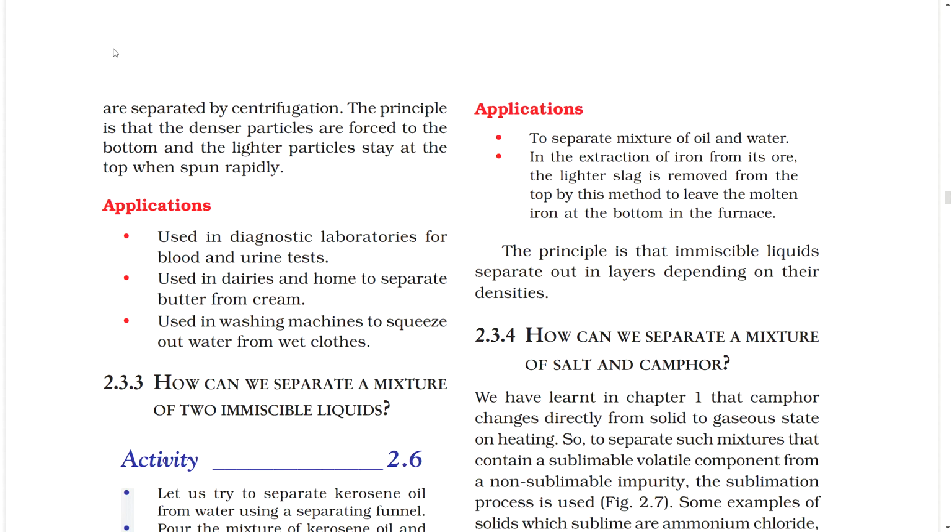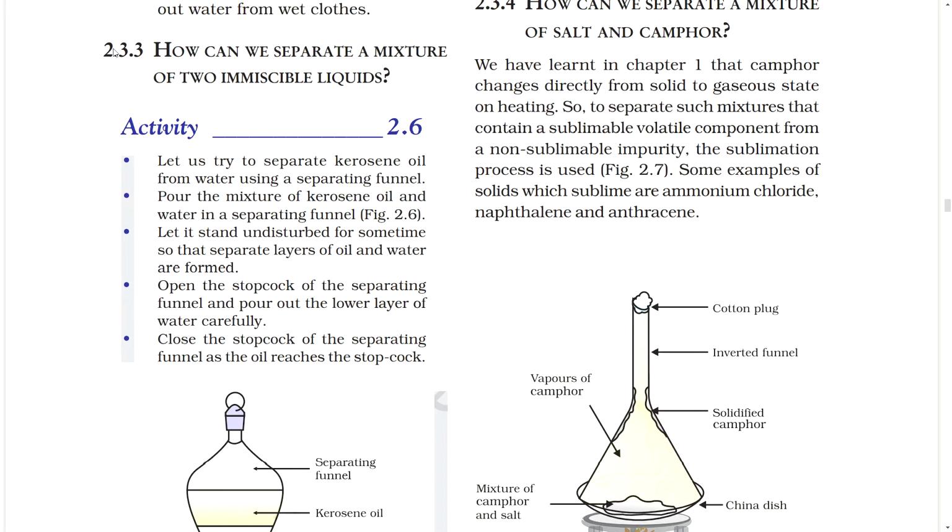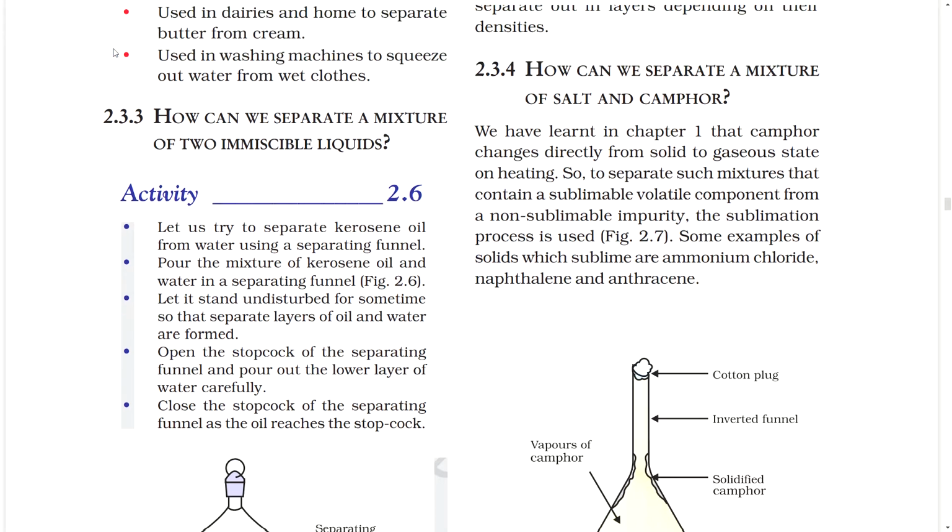2.3.3 How can we separate a mixture of two immiscible liquids? Activity 2.6 Do this. Let us try to separate kerosene oil from water using a separating funnel. Pour the mixture of kerosene oil and water in a separating funnel. Let it stand undisturbed for some time